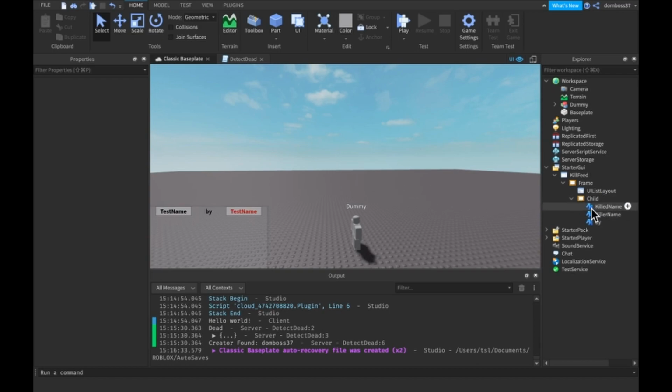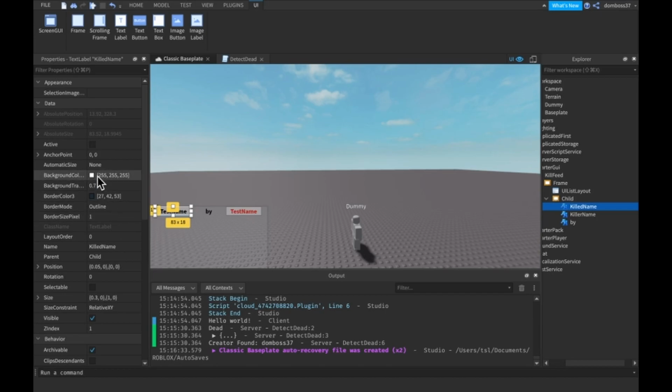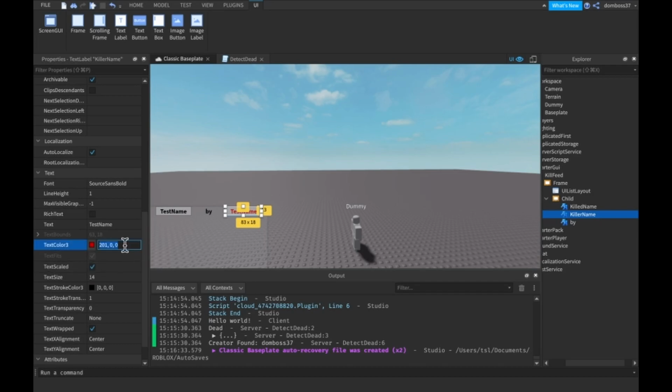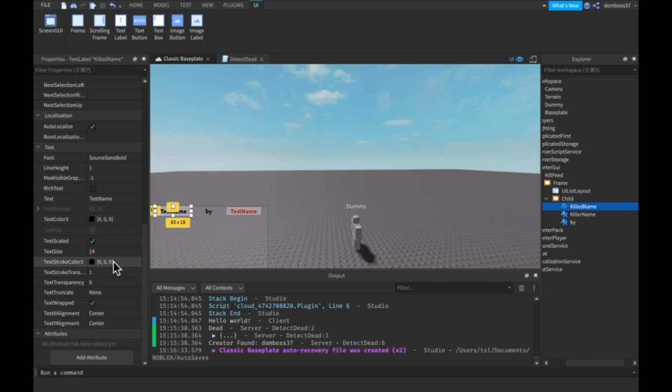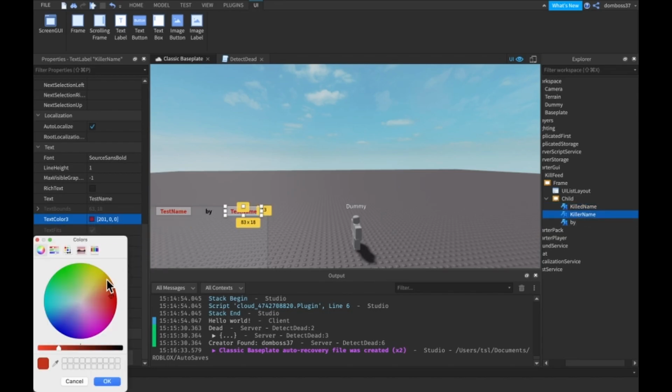Alright, and the killed name will be, or actually I think it should be the other way around. I know the killer should be red, yeah, but I mean dead, I guess red too. Oh, not the text stroke color. We want the text color 3 to be red, and then the killer name text color will be orange or blue. But blue makes it seem innocent, like a superhero, so we're just gonna go for some orange color